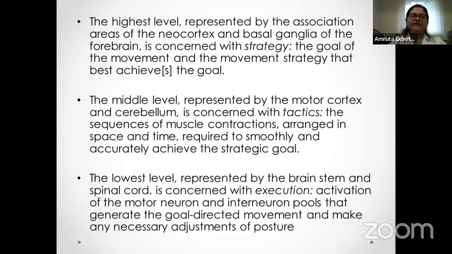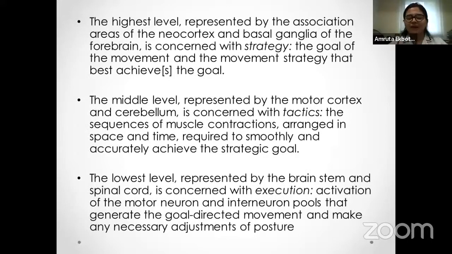Then the lowest level of the hierarchical system is represented by the brainstem and the spinal cord, and it is concerned with execution. That is, activation of the motor neuron and the interneuron pools that generate the goal-directed movement and make any necessary adjustments of posture. So now that the body knows what sequence should be started for me to be able to reach an object,